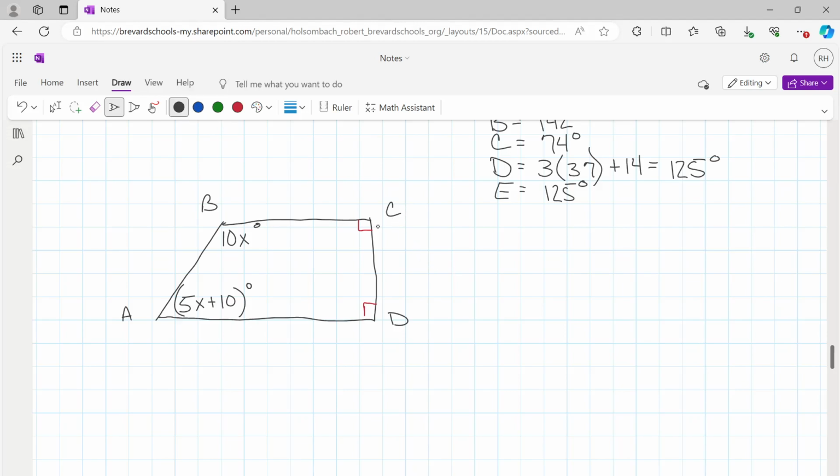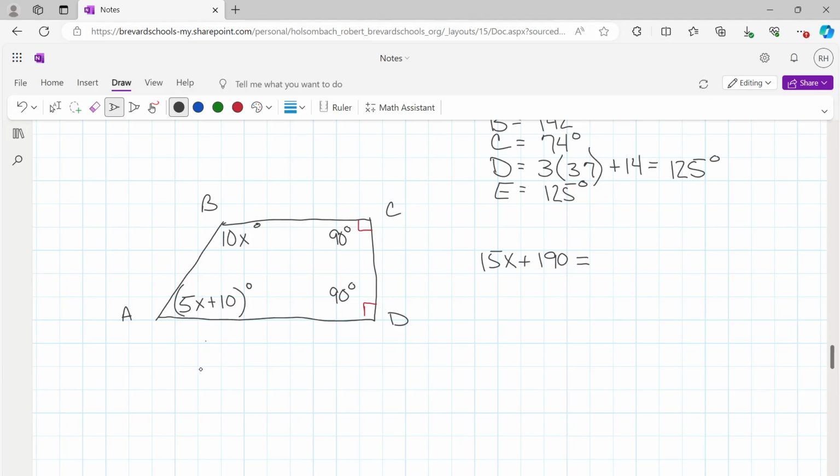So what's the measure of angle C? 90 degrees. That's what that symbol means. What's the measure of angle D? It's 90 as well. So when we combine our like terms here, we've got a 10x and a 5x. So that's 15x. And then we have 10 plus 90 plus 90. Well, 10 plus 90 plus 90 would be 190. So our 15x plus 190 has to equal,